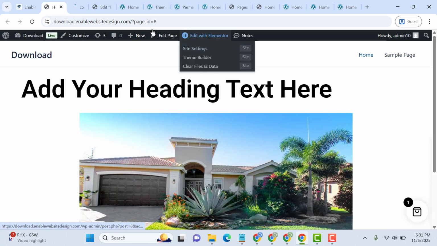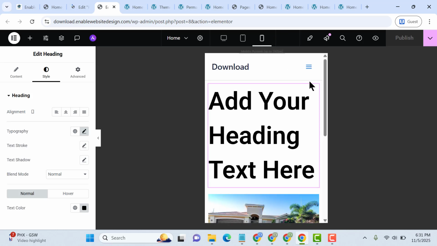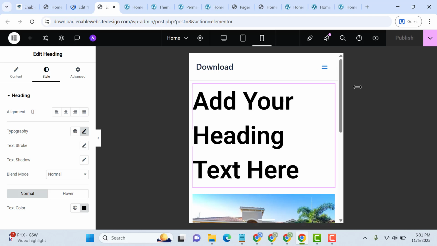Simply you can go and click on edit with Elementor. After that, the Elementor page builder is loading. So this one is the heading element. Simply you can go and click here. After that, here you can see this one is responsive settings. You can go and click here. Then let me expand,